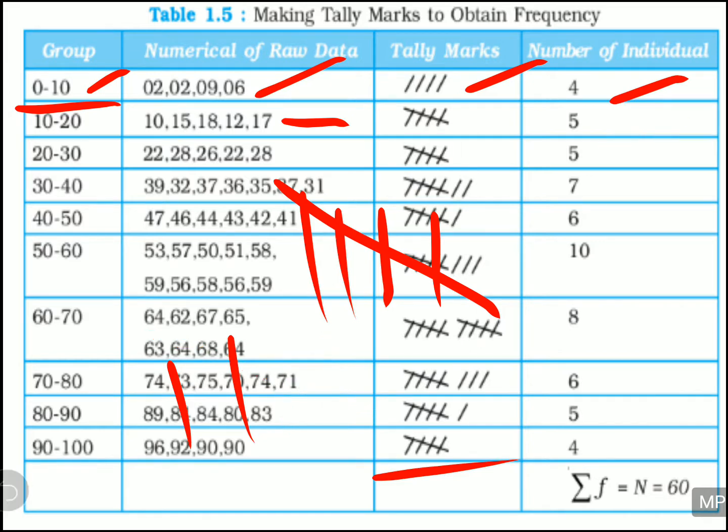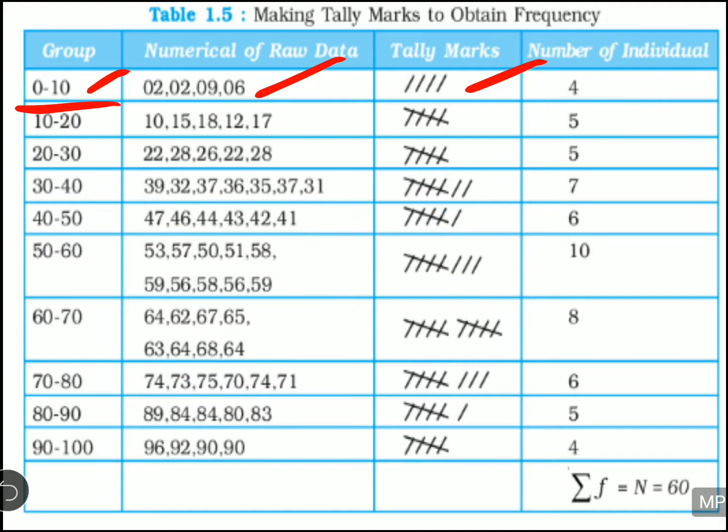Alright. So I was explaining how in the first class you got these numbers. You made the class 0 to 10, then you saw how many numbers are there in 0 to 10, and you found that 4 numbers are there. So you will make the tally marks of 4 lines, and then you write the number here. Same way, then again you have to see how many numbers are coming between 10 to 20. You have to see the previous slide and see how many numbers are coming in between 10 to 20, and then you have to write those numbers here.